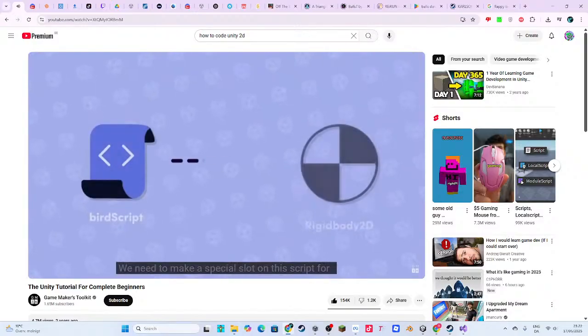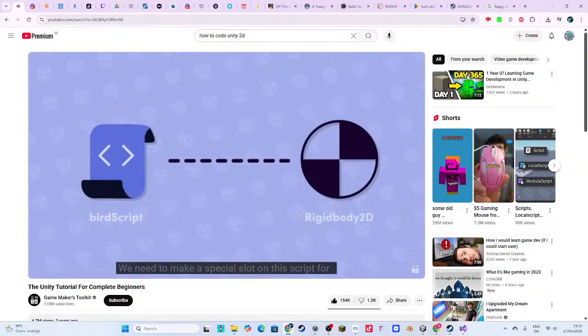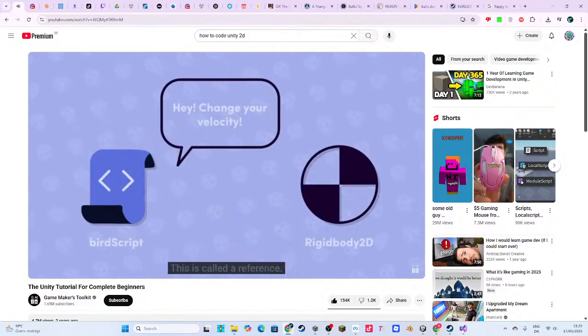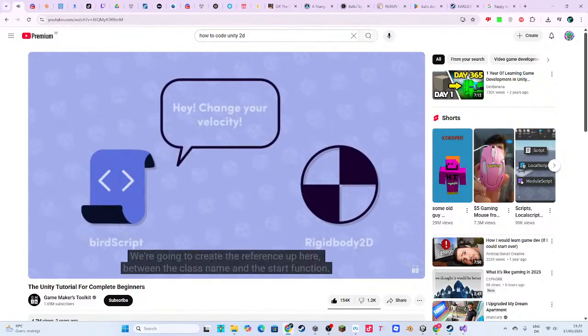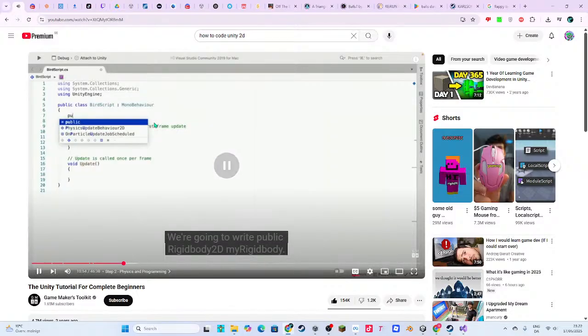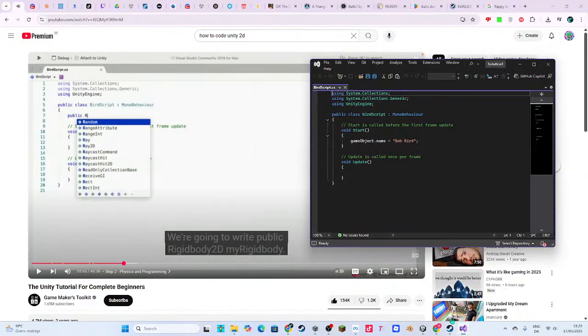We need to make a special slot on this script for a Rigid Body 2D, so we can then talk to it and send it commands. This is called a reference. We're going to create the reference up here, between the class name and the start function. We're going to write public, and I'm gonna delete this silly thing.